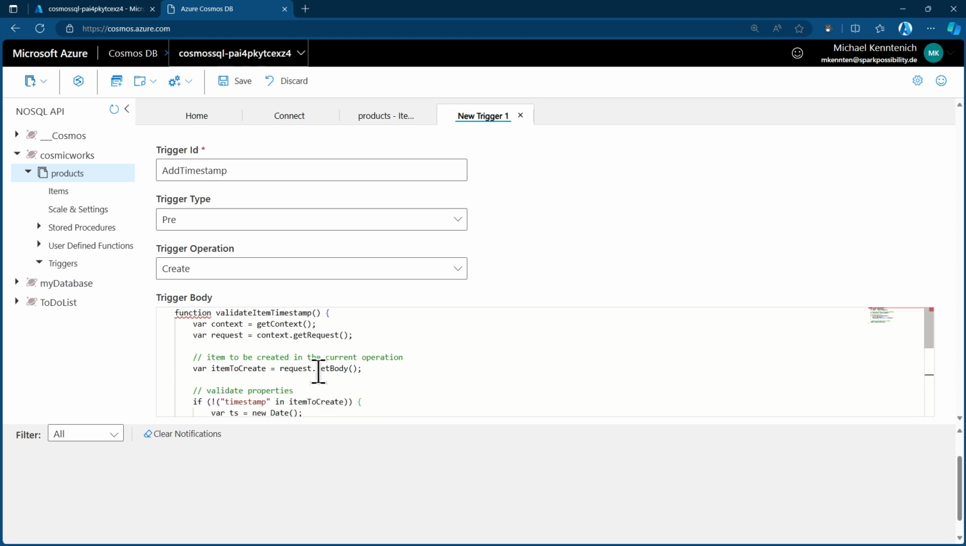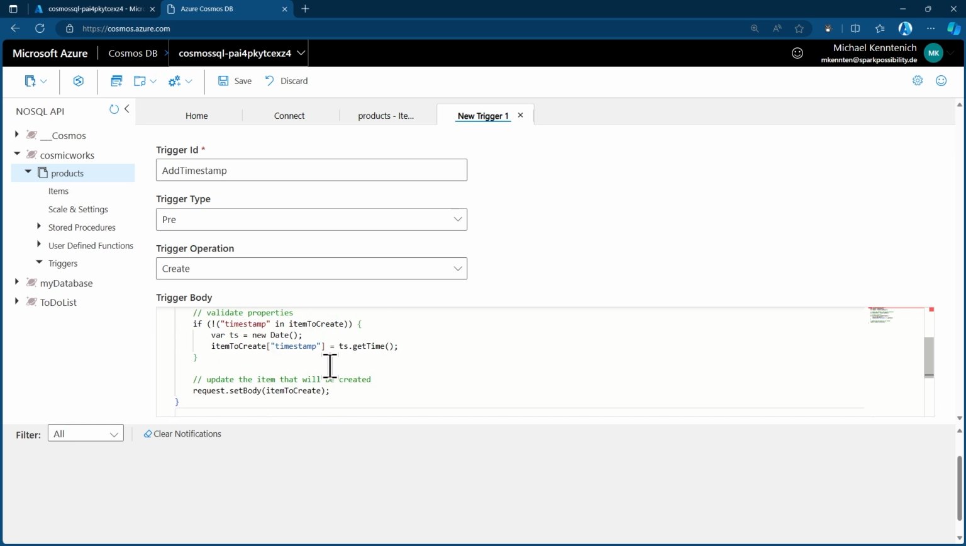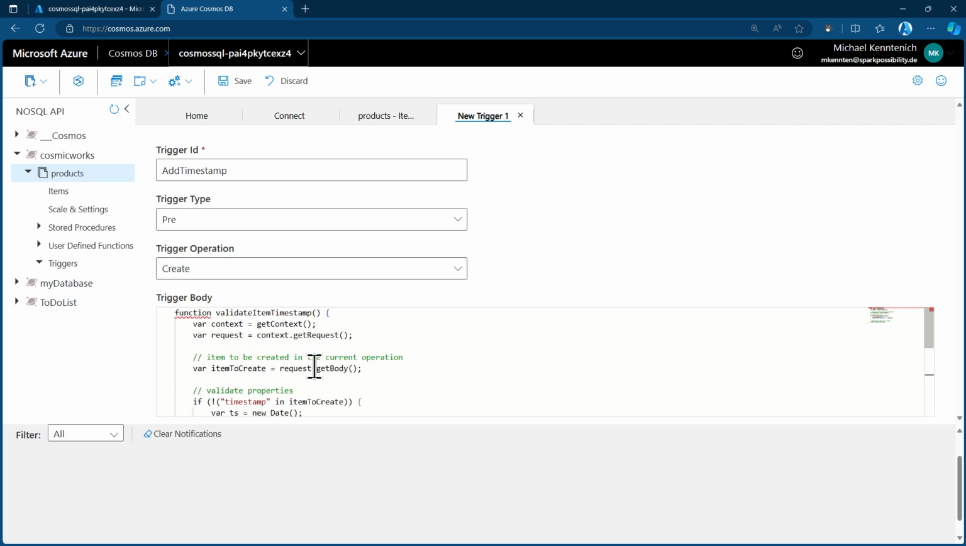So we're just having the normal context for the incoming request. We will get the body of that request so we can read all the properties. We will check if there's a property timestamp in it, and if not, we will go and update this. And that's all we have in here. So I will go and save this trigger. Now this trigger is executed whenever there's a new item created. Now while this is saving,